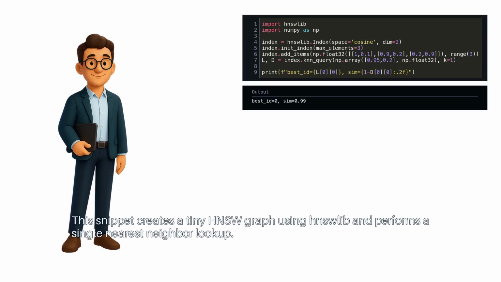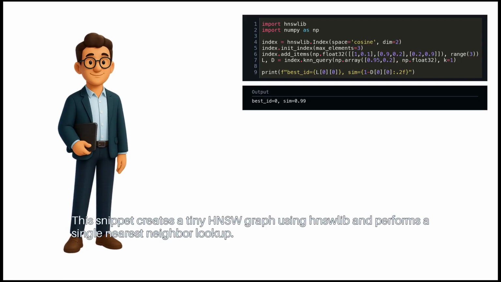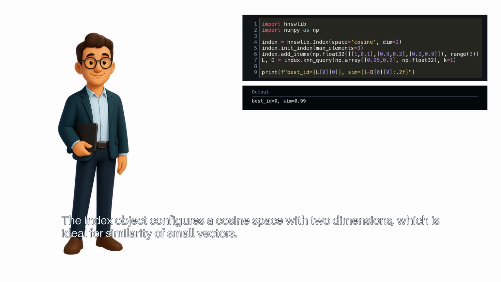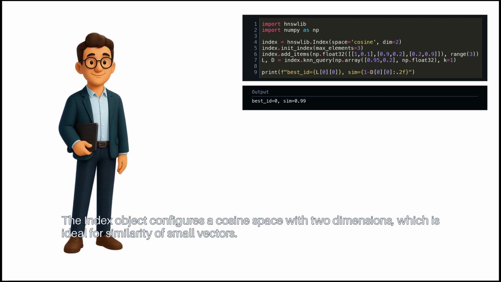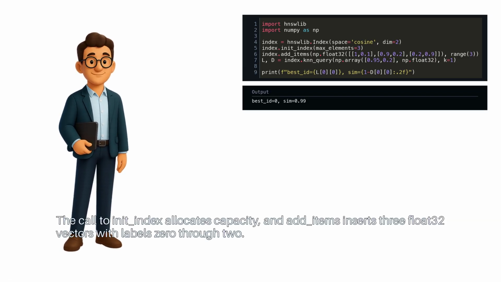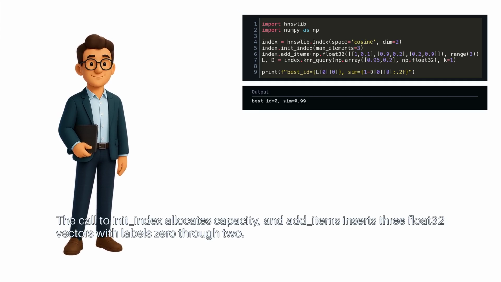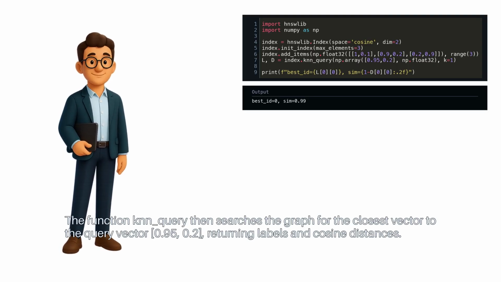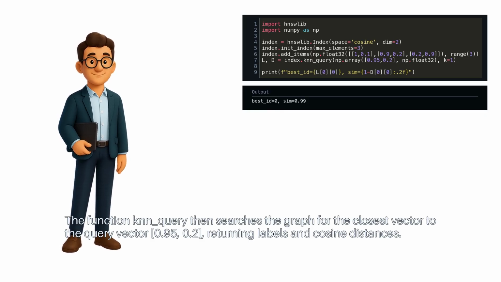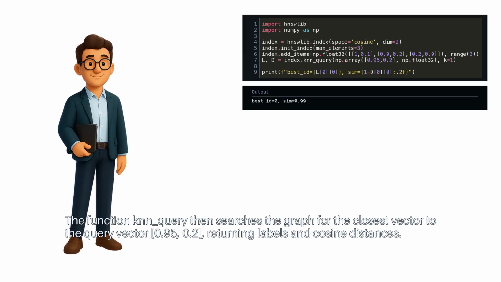This snippet creates a tiny HNSW graph using hnswlib and performs a single nearest neighbor lookup. The index object configures a cosine space with 2 dimensions, which is ideal for similarity of small vectors. The call to init_index allocates capacity, and add_items inserts 3 float32 vectors with labels 0 through 2. The function knn_query then searches the graph for the closest vector to the query vector, 0.95, 0.2, returning labels and